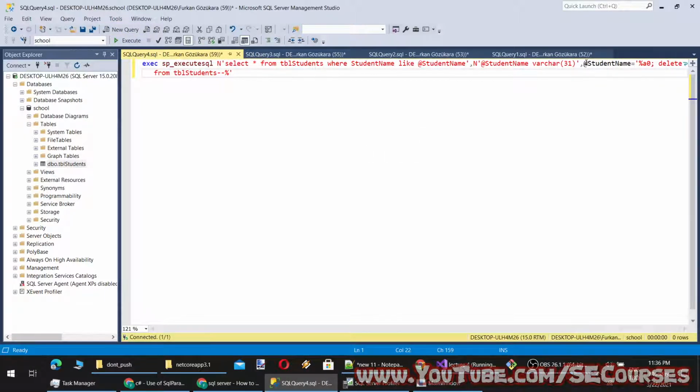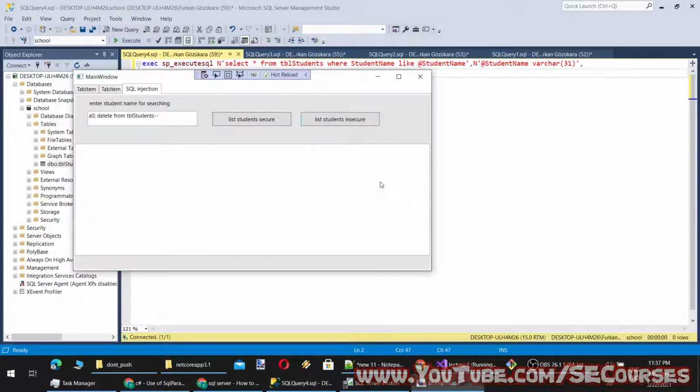So what is the key point here? As you can see, this is the query that we have provided as text here. And when SQL Server executes this query, it treats this text as a string, nothing else. You see, this has a special delete command here and a special command here as well. All of them are treated as text. Therefore, they are not executed as commands of SQL Server.